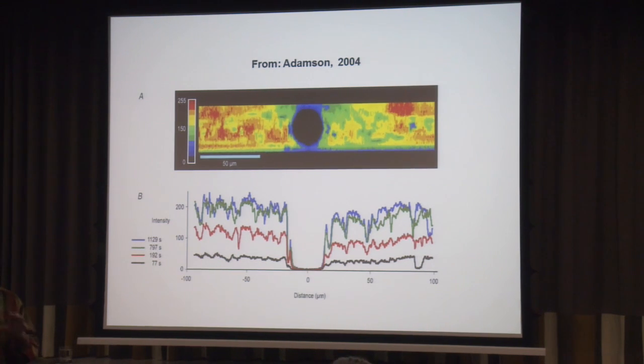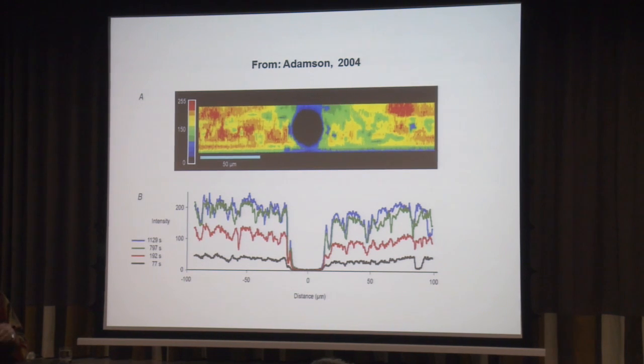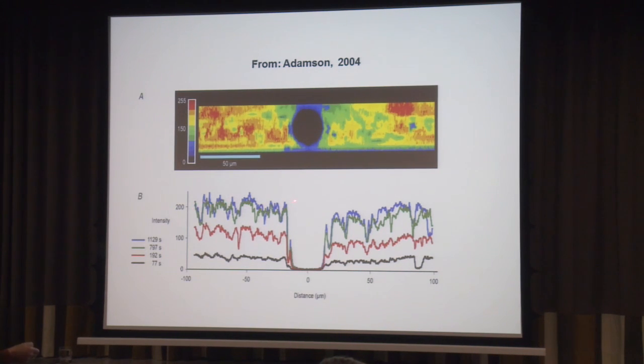They then covered it with a solution which had the same protein concentration as the perfusate, and they added a fluorescent tag to this, and they waited until the concentration reached equilibrium around the vessel. Below here we've got the intensity of the signal from the interstitium, and you see that after 77 seconds it's down here, but it goes up by 800 seconds, and getting on for 20 minutes you've got more or less a steady state arrangement, and the concentration appears to be right up to a micrometer around the vessel